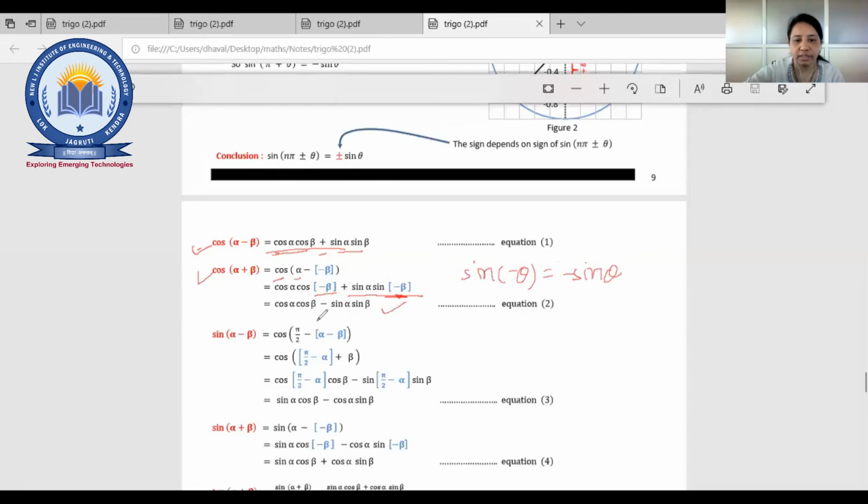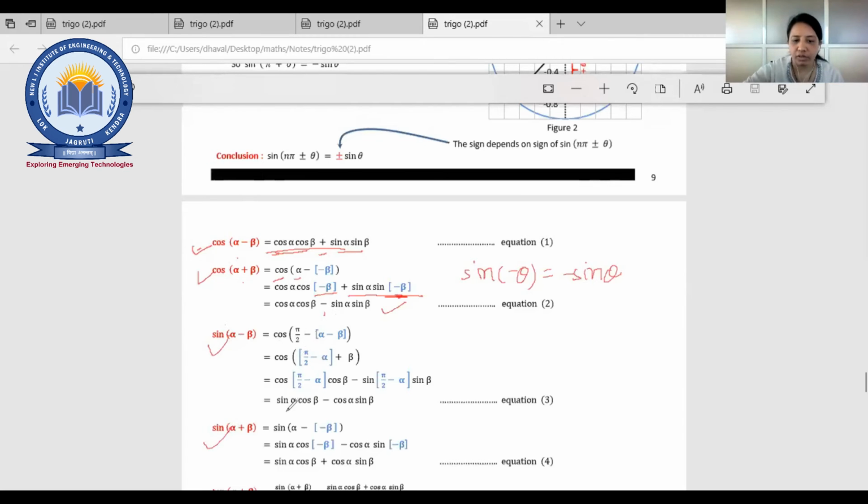Fine, in that way. So this is the second equation. In that one you can see that the sign is supposed to be different. If here it is minus, then here plus will come. If here it is plus, then here you have a minus one. Right? Same two equations. For cos, we have derived it, and the same we have to derive for sine. So sin alpha minus beta. Fine. Sin alpha minus beta equals what? How are you supposed to write it down?